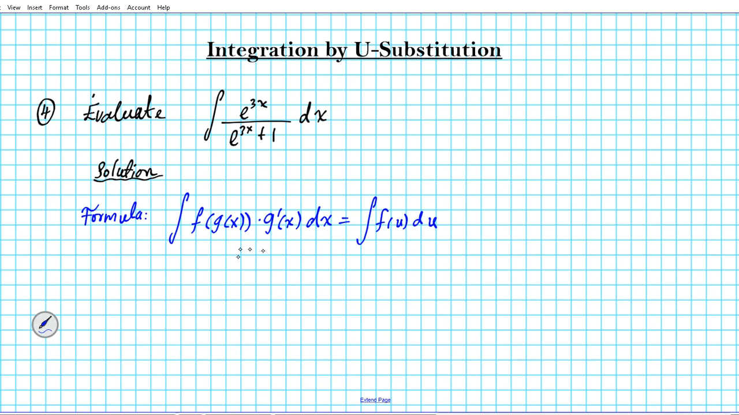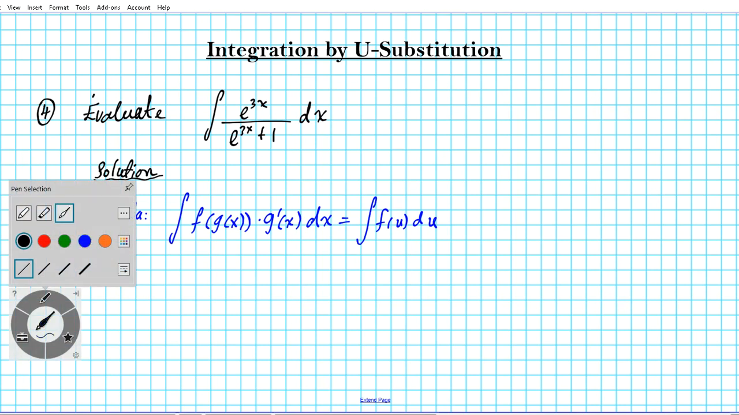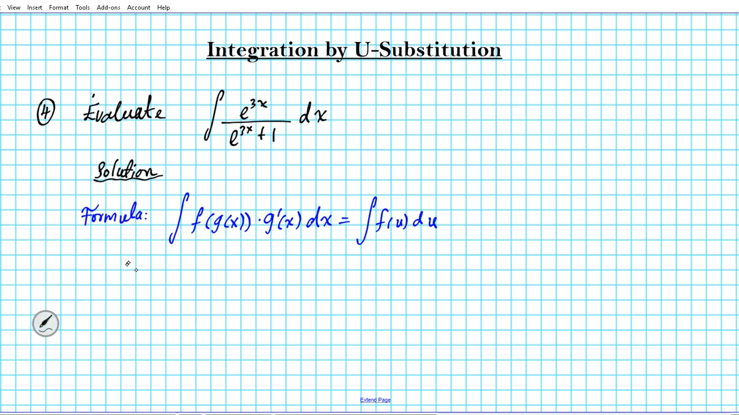Okay, so the power of the u substitution is that it enables you to rewrite complicated problems in a format that's very easy to integrate. So let's go ahead and attack the problem. We have the integral of e to the 3x over e to the 3x plus 1 dx. Now, one good practice, as we did in problems 1, 2, and 3, is to rewrite it in a